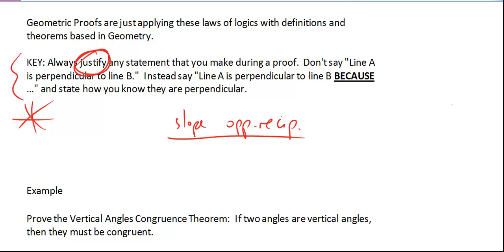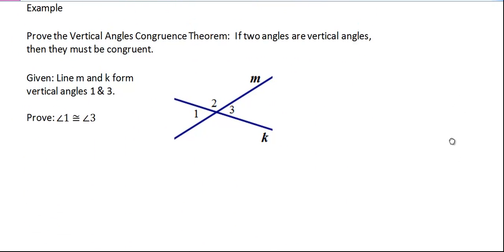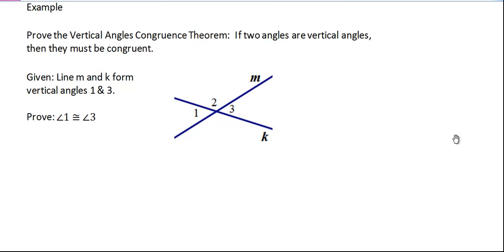So let's take a look at a proof. I asked you to think about this in class. We want to prove that the vertical angles congruence theorem holds. In other words, I want to prove that if I have two lines that intersect, their vertical angles must be congruent. Okay? So the first thing I want to make sure I do is use things that we've already accepted as true, very basic statements, and then I want to make sure that I know what it means for